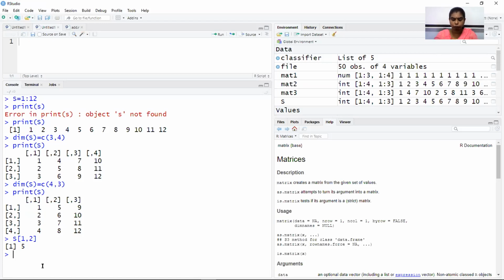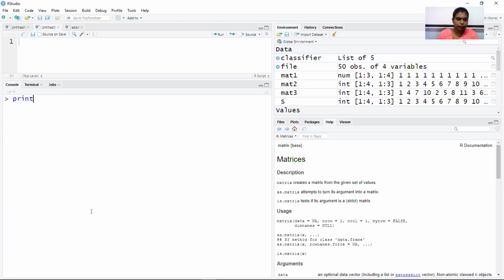How do I access one full row or column? So I can do this way. So now I have given S of 2 comma. Okay. So look at the previous example. I have given 1 comma 2. So it means first row, second column. So now I have given second row, but I have not mentioned the column and I am simply giving enter. So what happens when I give this way? I can see the values are 2, 6, 10, which is nothing but all the values in my row 2 are displayed.